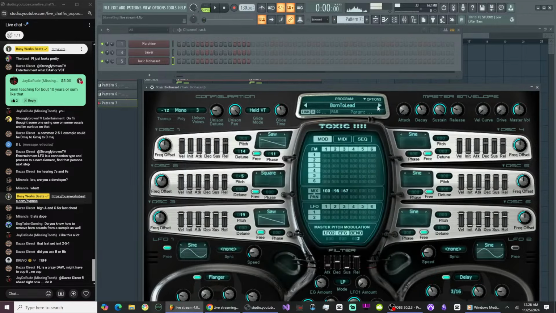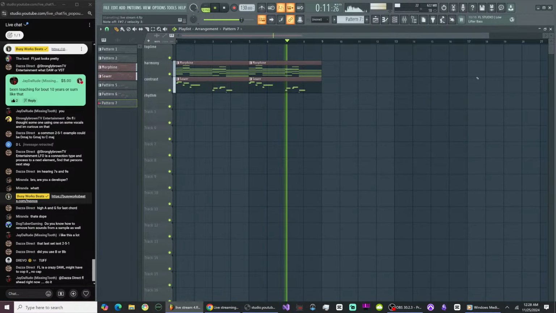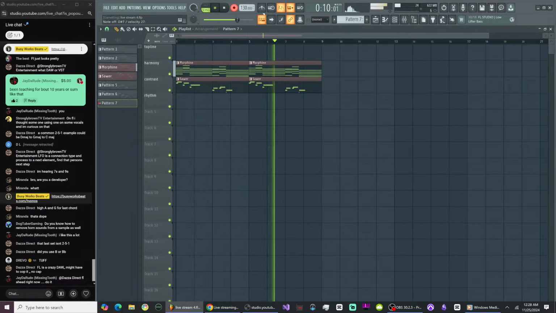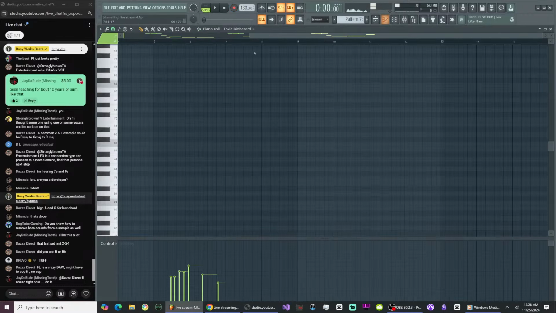Now we need some kind of shimmery, like, high frequencies. So I'm going to go through a lot of presets here. So I'm just going to add like a little kind of. We can even add that glissando. At the end, my ear couldn't do that by natural, so I gotta figure out which notes to add.